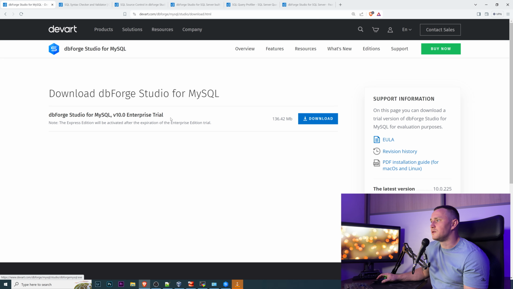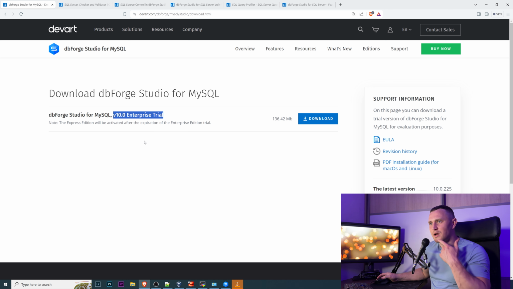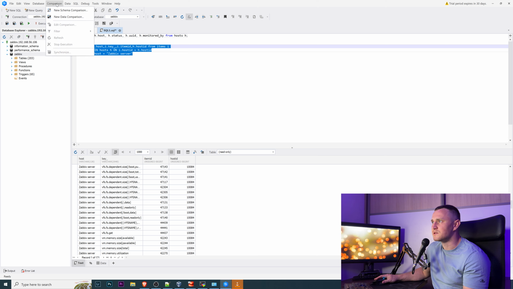Yeah, so click download here. You will get the enterprise trial version. You don't need to sign up with a credit card or whatever. You just need to fill in your email, which, as far as I remember, didn't even require any confirmation. So you can choose to not expose your personal email, and then you will get it, install in 5 minutes, get it up and running, and then you can play around with all the things that you can find here,